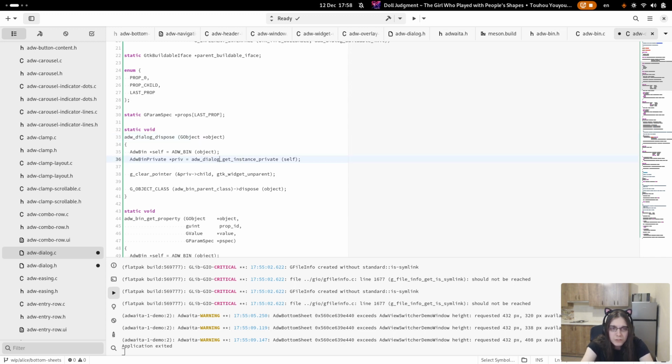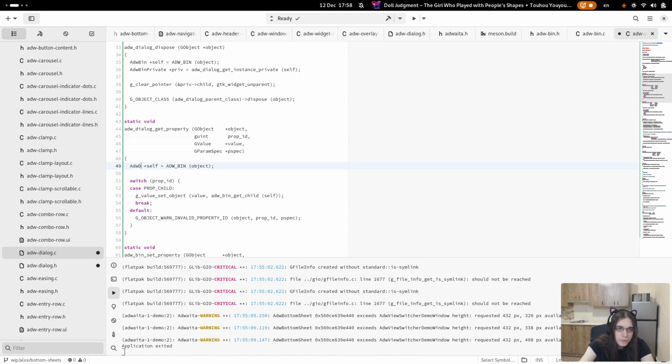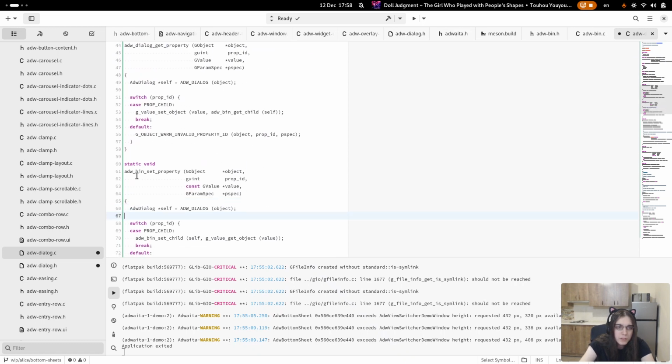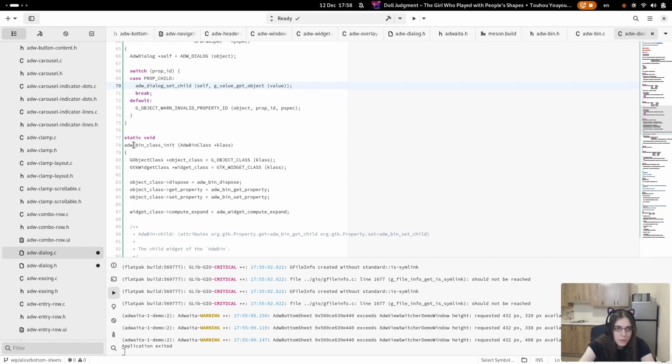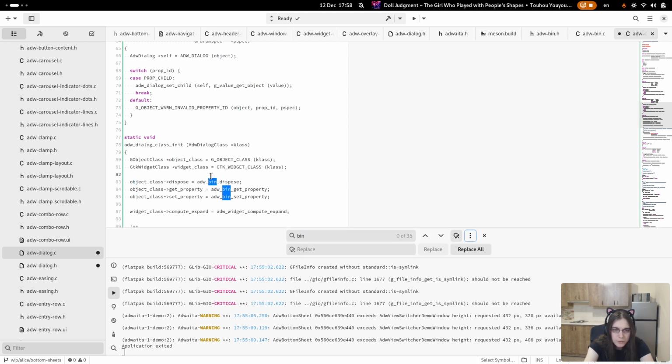For the most part, it's just small enough that I don't really care. Yeah, like here. And for cases like this, I can just do this. Split it up. Next we have class init. Here I'll use find and replace.